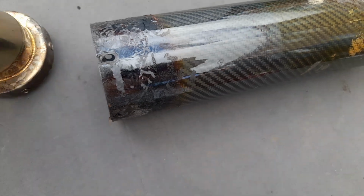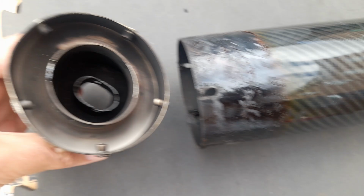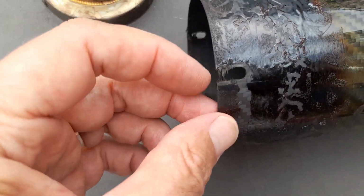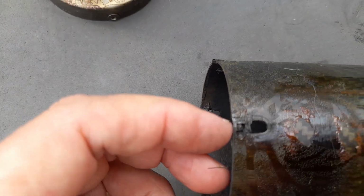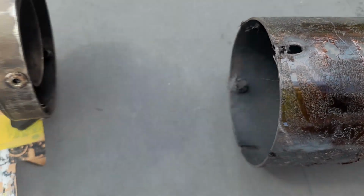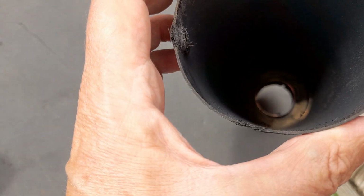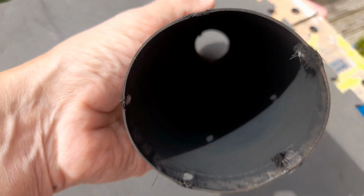So what's happened is basically these are a very lightweight carbon fibre can exhaust, and as you can see, it attaches like this. This piece goes on the end, and it's riveted onto the carbon, and if you look closely you can see here that the rivets have vibrated loose and basically come away from the end of the exhaust, which in turn has separated this piece off and then basically blew out all the internals inside, which was wadding, a bit more of the internal exhaust, the baffling, and all the debris from this was left on the start and finish straight on the track,